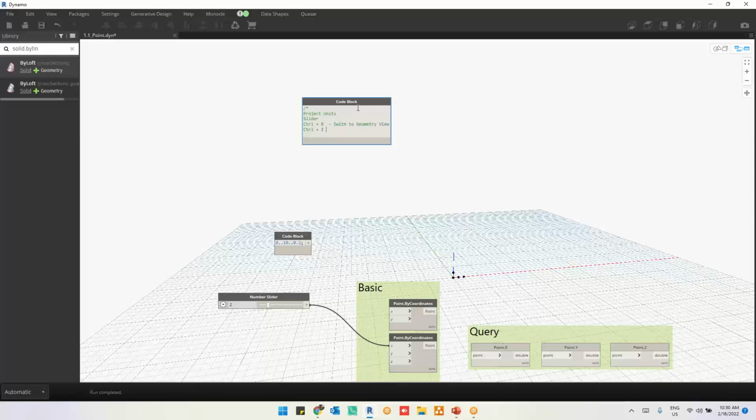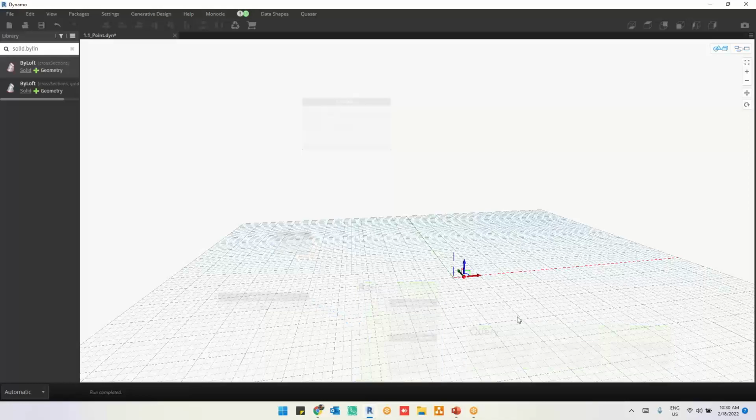Very very important when you're playing with the geometry, because Control I isolates the geometry. Isolate means, for example, if I press Control I, what I'm playing with, exactly that, I can see only that particular geometry. I can't see anything else. It would be there, but I can't see it. So I'm playing with this and press Control B. Now